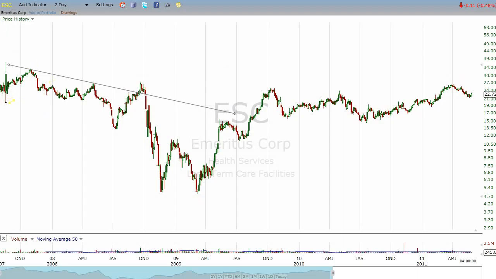So we had this pattern that broke down. This support broke down, and then it came back for a pretty decent rally, but could not overcome this previous high right here. Then it sold down into a really deep funk, getting down under $5, and has now rallied back. Again, as we look at this, we draw a line here, down here, and let's zoom in on this a little bit.